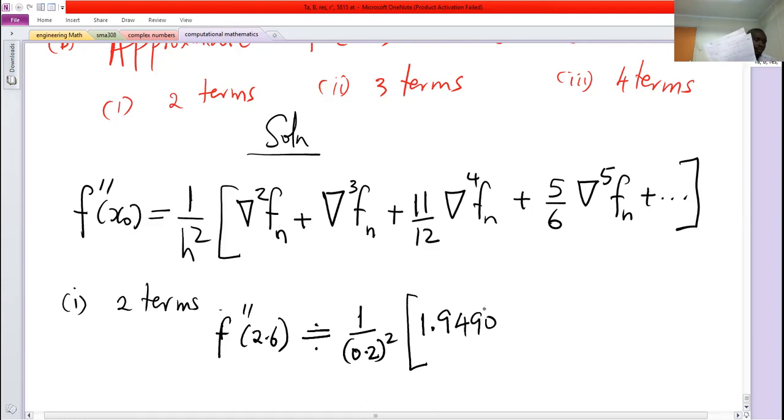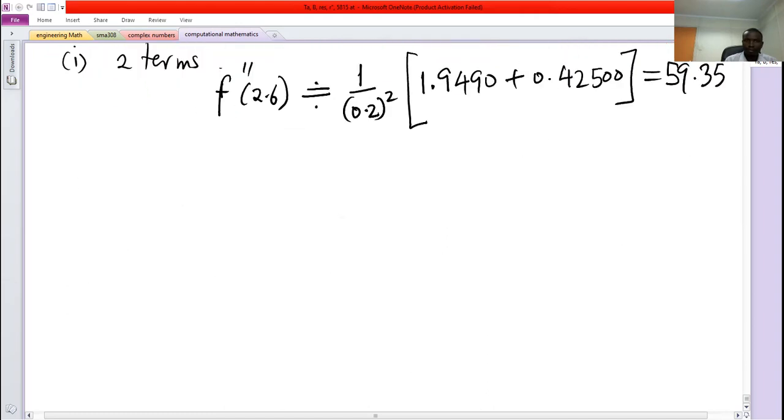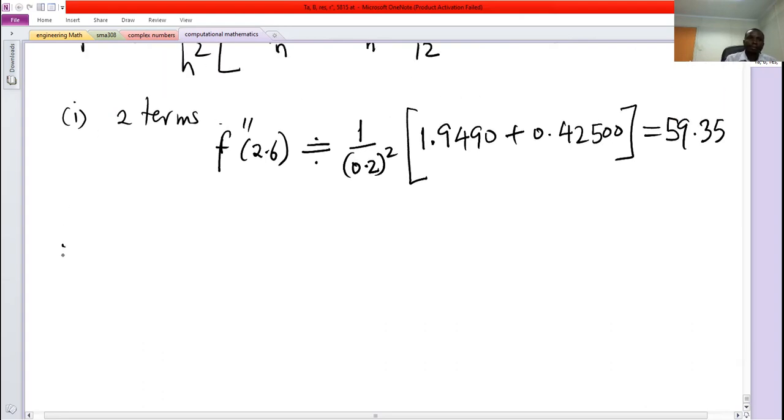That's what we have in our difference table, and then plus 0.42500. And when you work out this, you get 59.35. And then with 3 terms,